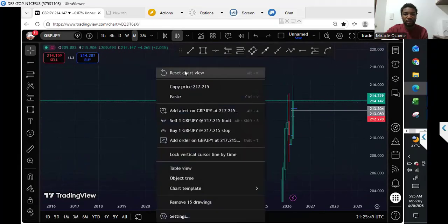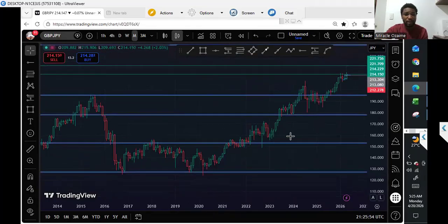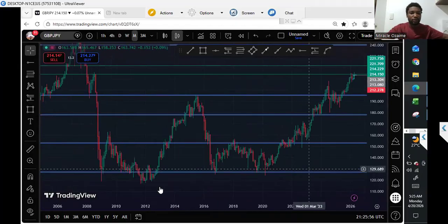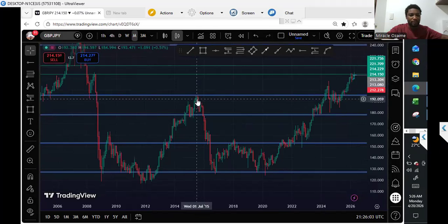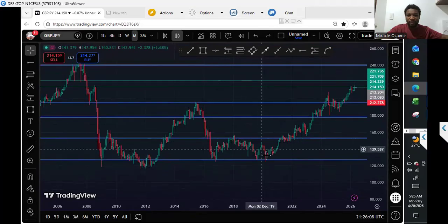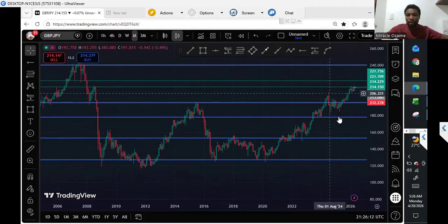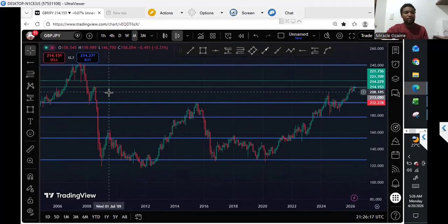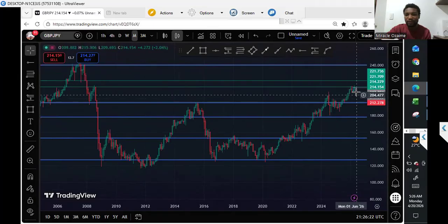When I come to the monthly time frame, GBP JPY as well is still looking bullish to me. We have this double bottom that pushed the market upwards. Then we have a significant push towards the upside, which is quite amazing. Then we have this base, this triple base that formed. Then we have a push, a correction, a push, a correction, and this is looking like a continuation to the upside. Initially, I was thinking that this supply region is going to give the market a significant drop towards the downside,